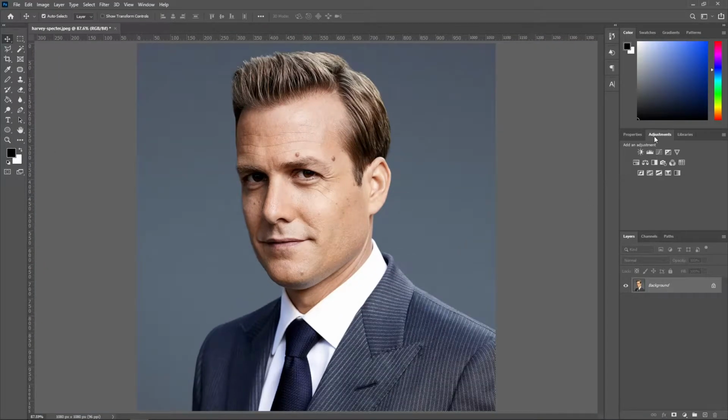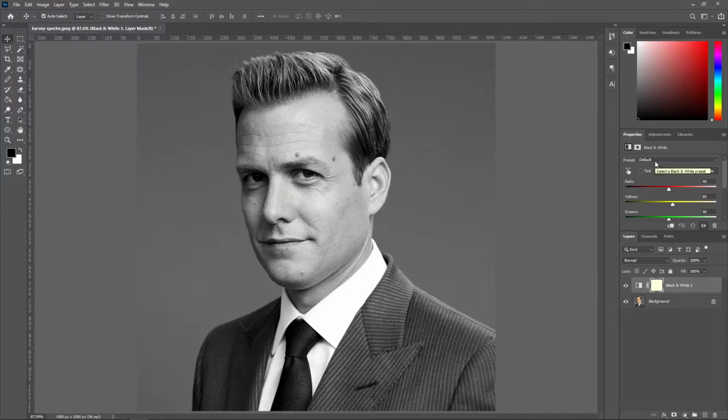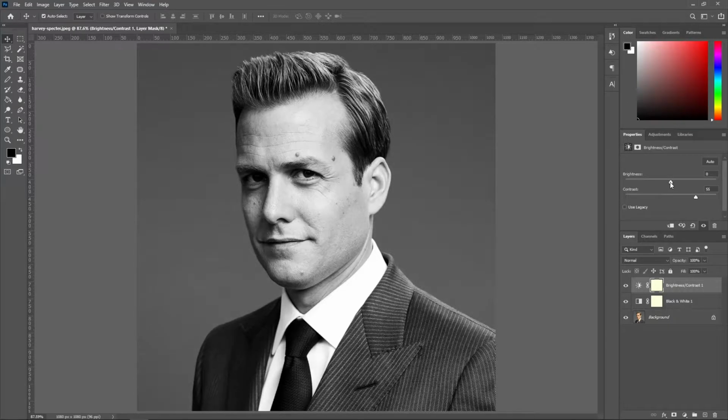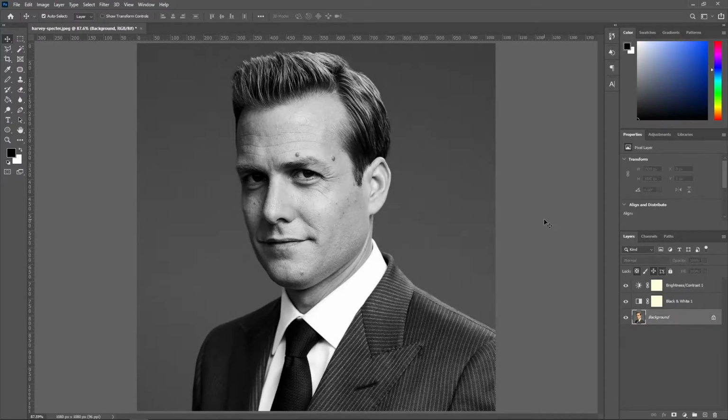If you have chosen a color image, then go to adjustments and create a new black and white layer. Again go to adjustments and create a new brightness contrast layer. I'm going to tweak the brightness and contrast of the image to get deeper blacks and brighter whites. Looks good. Now unlock the image layer